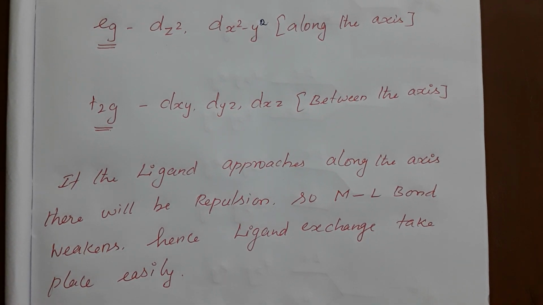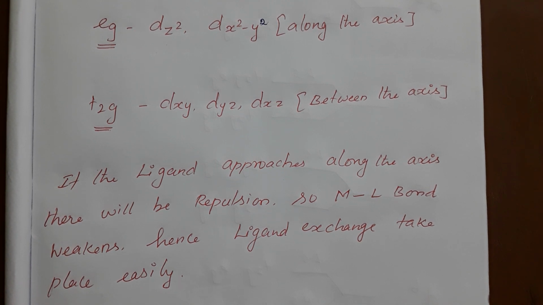So here, the labile and inert. Labile means easily exchange, fast exchange. Inert is also an exchange, but the reaction is very slow. We do not take inert as non-reactive; it is reactive but very slow. So when compared with the time periods, labile is the fast one, inert is the slow one.